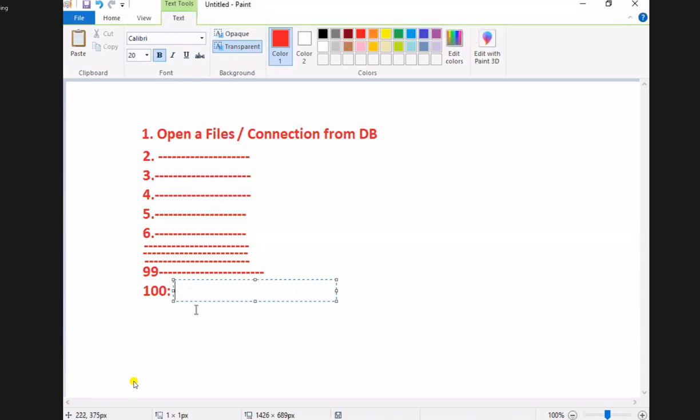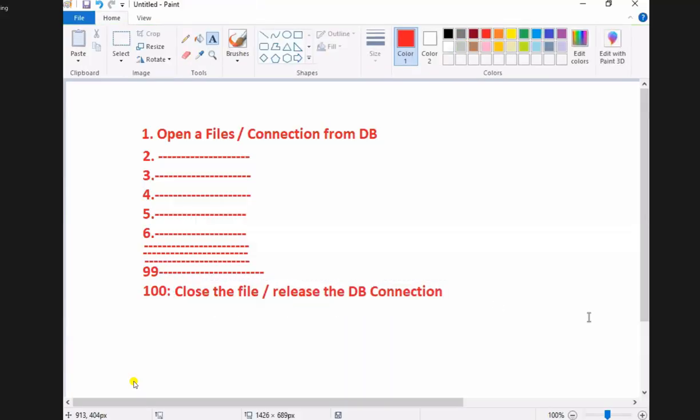So I will write in line number 100: close the file. Nothing but release the DB connection. Getting my point? You opened the file in line number 1 and you closed the file in line number 100.